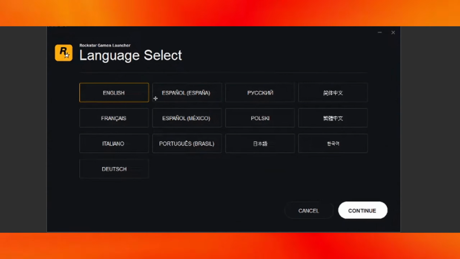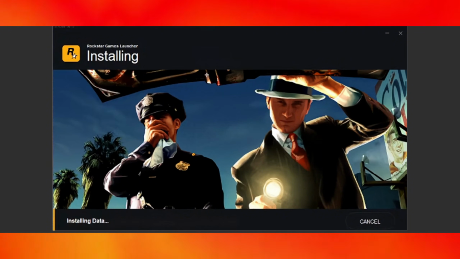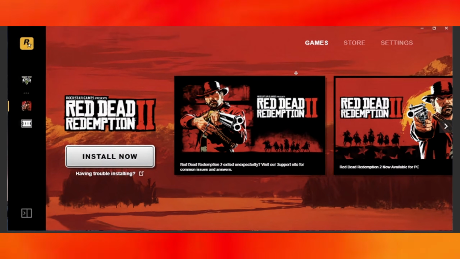Choose your languages and choose wherever file you want it to be. Once you've done that, it's just gonna do its installation process. Inside your launcher, if your games look like this, let's say Red Dead Redemption, if it says install now, even though you already did it before, just go over here into the game settings, your specific game, and